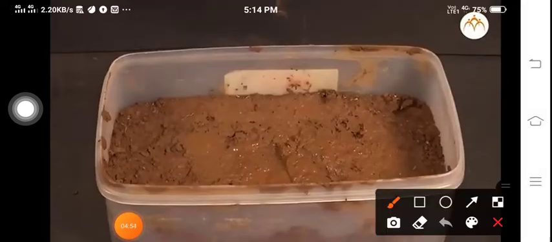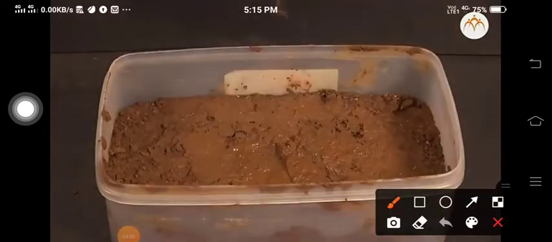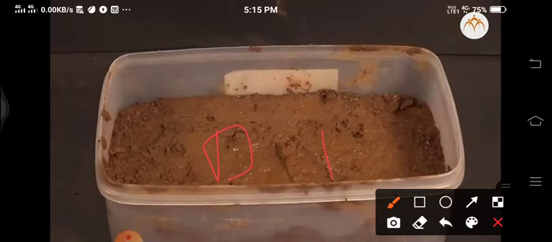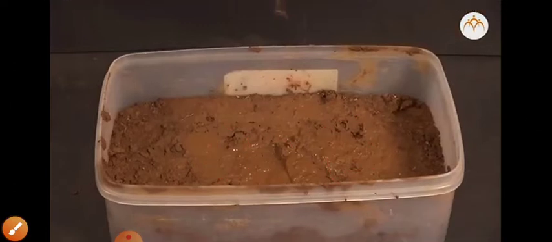You can observe the impression for the wooden block and for the metal block. As compared to the wooden block, the metal block's impression is a little bit more. If you measure in the experiment, you can see that the wooden block penetrates 1 centimeter in the soil, while the metal block penetrates 5 centimeter in the soil. The inference is the wooden block has less mass as compared to the metal block.